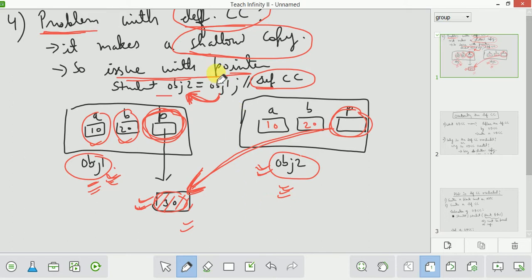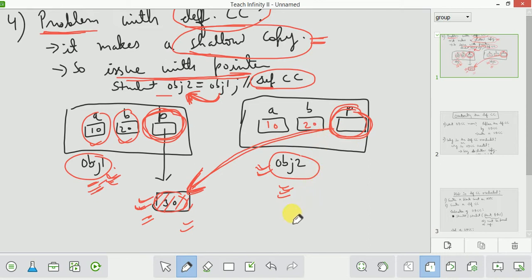It makes a shallow copy, and when it does, there may be some issue with pointer. The memory will be freed for this pointer also.